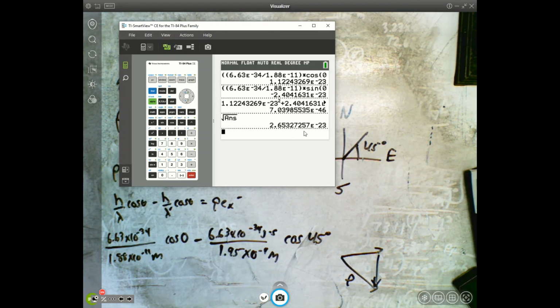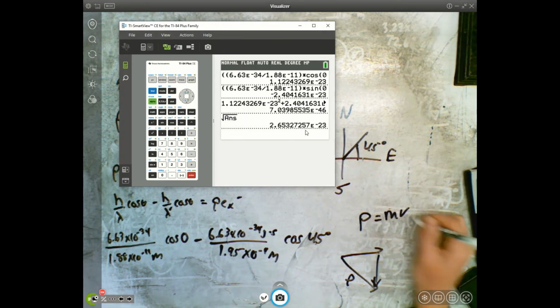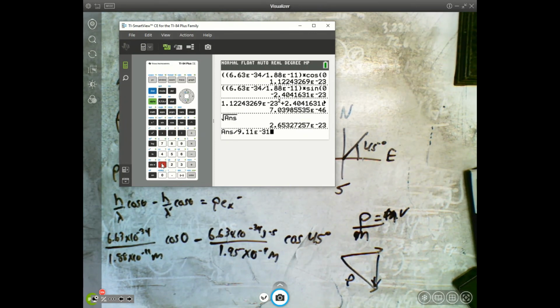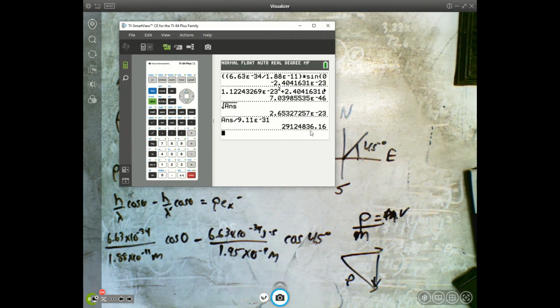So I'm going to take this, and remember that this is an electron, so we're going to use p equals mv. So if I divide it by the mass of the electron, I can find my speed. So I'm going to divide this by 9.11 times 10 to the negative 31, and I get the speed of my electron. Make sure it's not faster than the speed of light. 1, 2, 3, 4, 5, 6, 7. It is not, so that's good. So 2.9 times 10 to the 7, and then to find our angle,